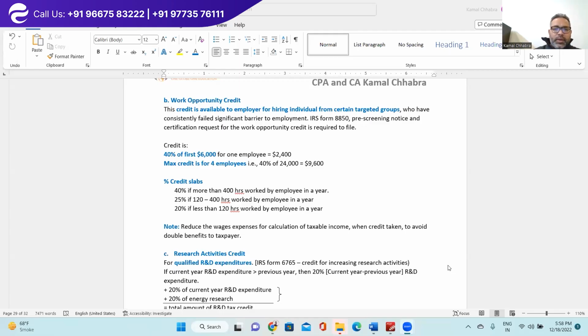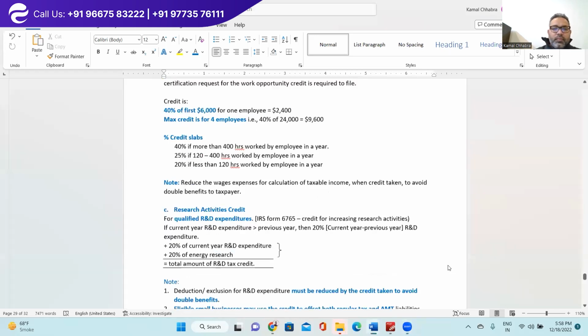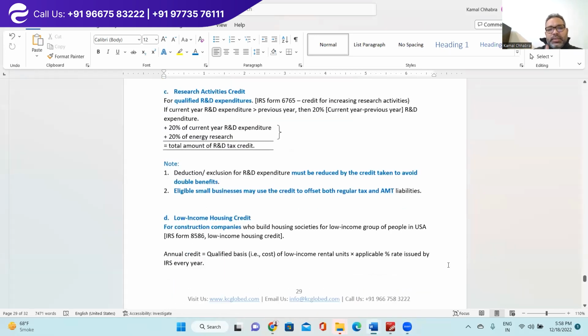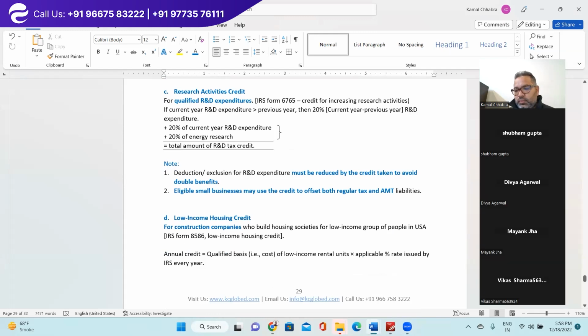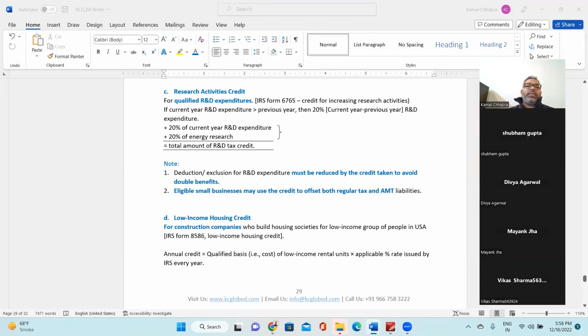Okay, so far we have covered B point as well, right? Now coming to C point, which is research activity credit. This is for qualified R&D expenditure. If you are a sole proprietor and you are running a business, and in that business you are doing some research and development expenditure, then those expenditures are eligible for certain tax credit. If in the current year, research and development expenditure is more than the previous year, so your R&D expenditure